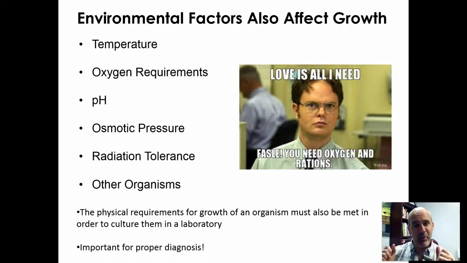And if you're a little microbial cell, you don't want to burst and you don't want to shrivel up, so you've got to be adapted to a proper solute concentration. Radiation tolerance. Here we're really going to be thinking about light as a type of radiation. We're used to thinking of radiation as something dangerous for us, but visible light is actually a type of radiation as well. And then the influence of other organisms in your surroundings. What kind of impact do those have on your survival as a microorganism?